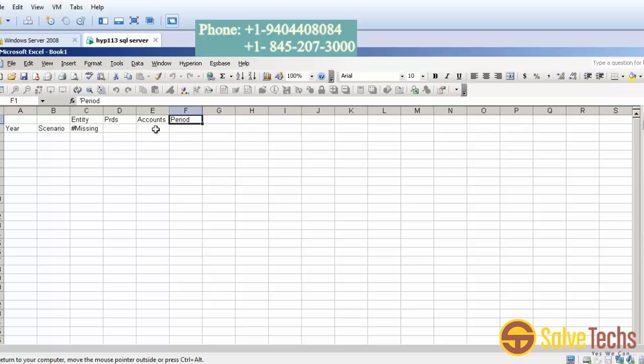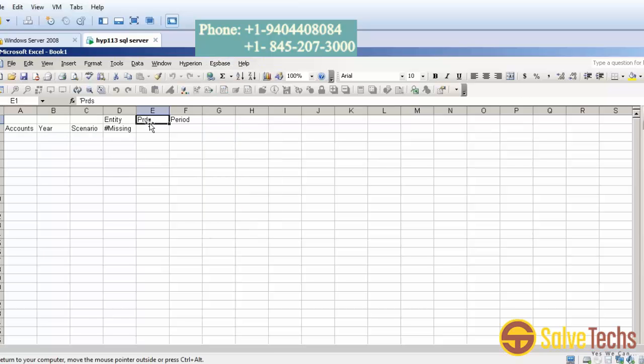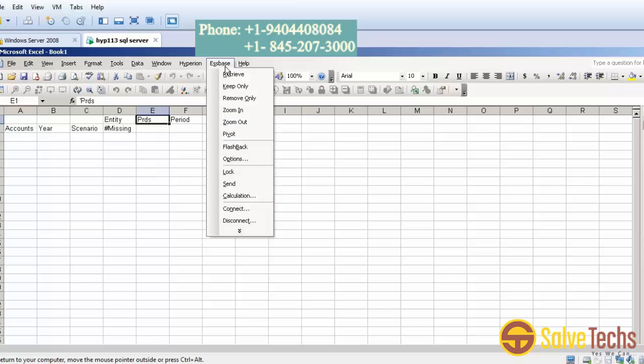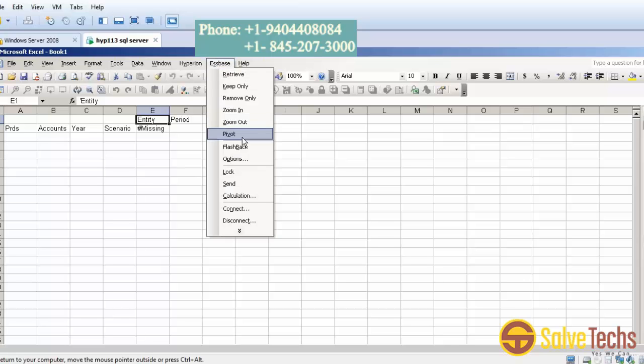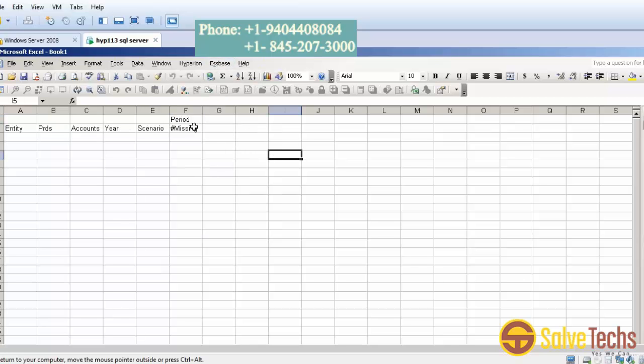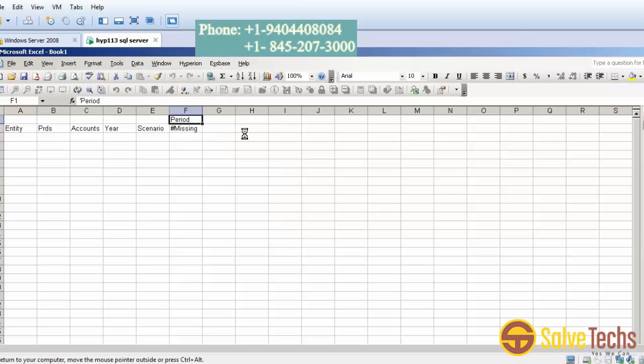Now this account I don't want in column, I want to keep in rows. Then click on pivot. In the same way, products also need to be a row. The same with entity, go to pivot. Now I don't want to keep period also in column, I want to keep this one in row. See, if you click like this,